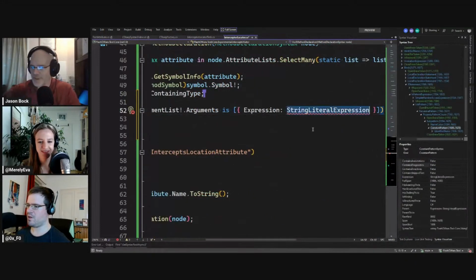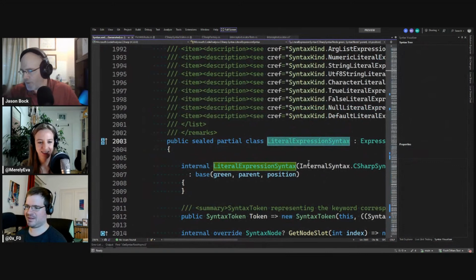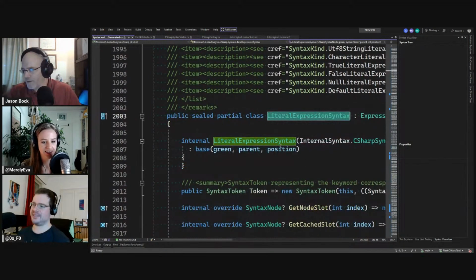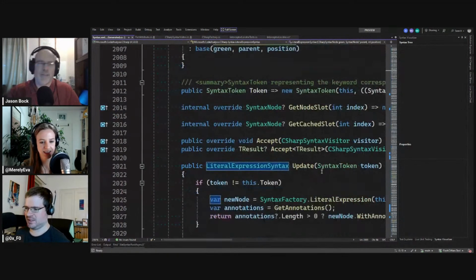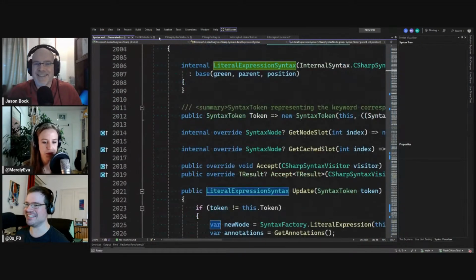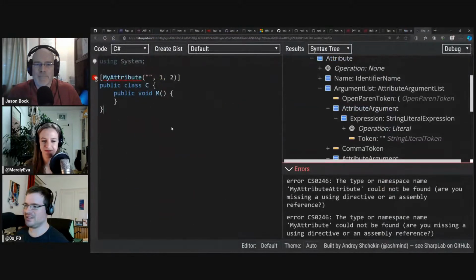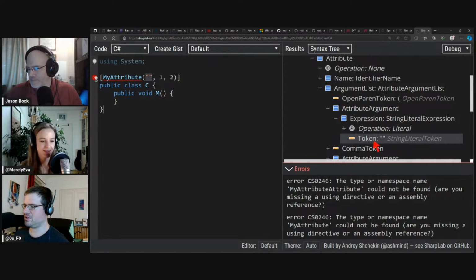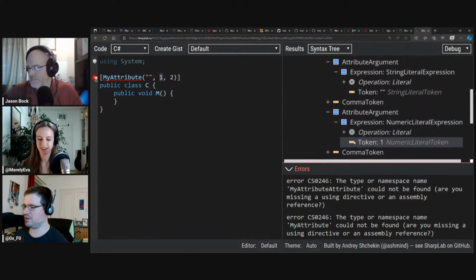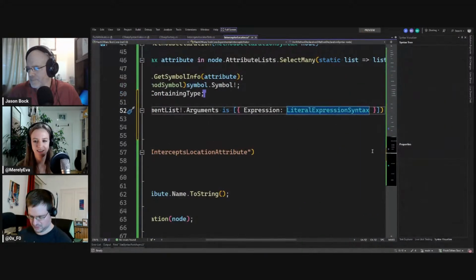Yeah, sometimes what you see in the tree and the actual name of it. That's sealed. Yeah, okay, can't be. Yeah, so it gets to be a little fun. And now this expression has a token, I suppose. And we can get a hold of the token and maybe just cast it to whatever it should be. Right.